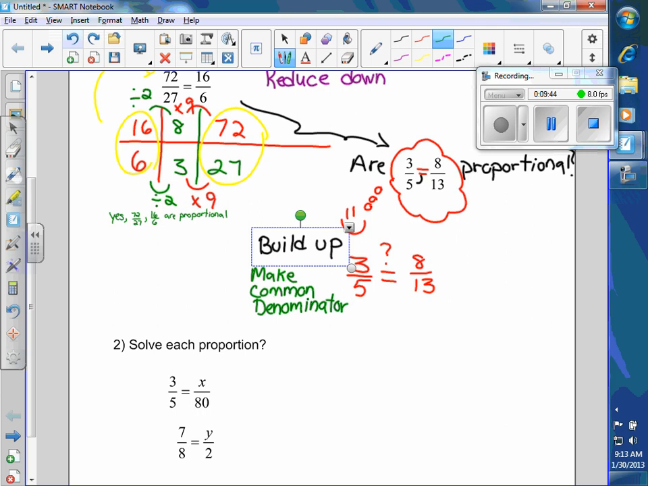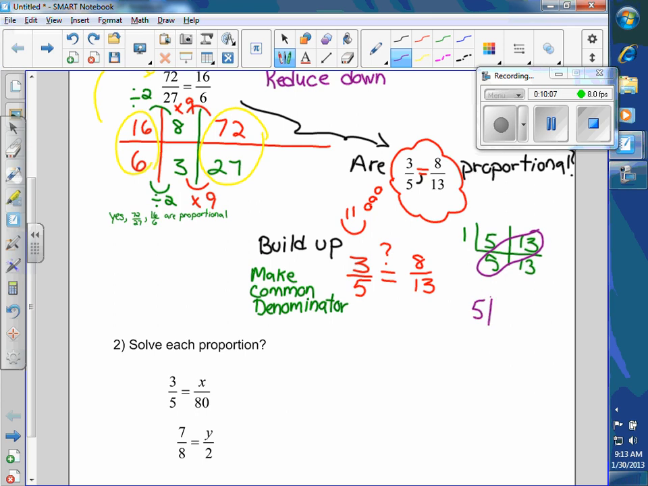5 doesn't go into 13. Remember the ladder? 5 and 13 have only one in common, right? So what's the common denominator? 5 times 13. It has to be 5 times 13. Which is